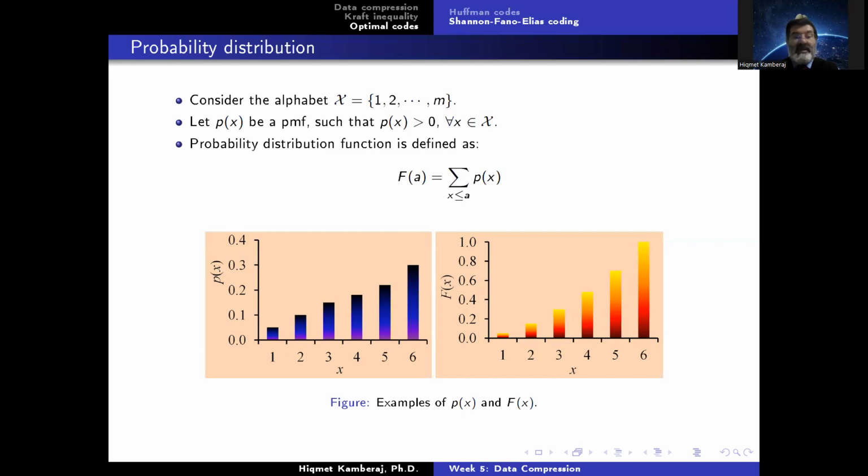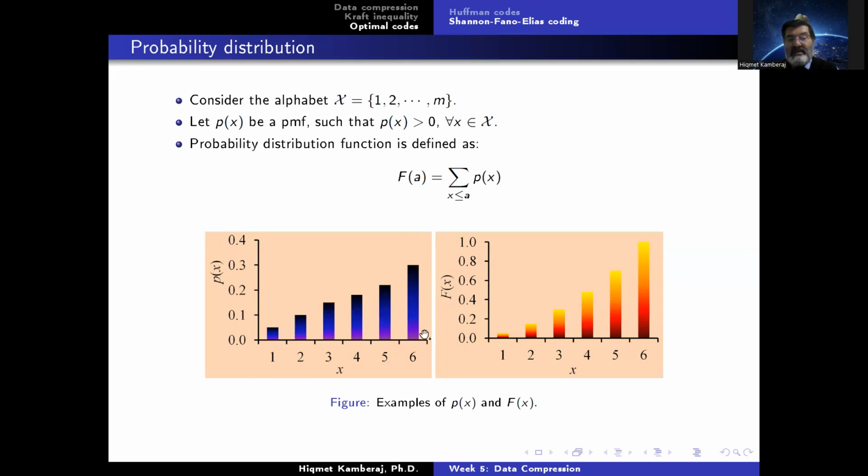Let P of x be a probability mass function such that P of x is greater than 0 for every x from chi. The probability distribution function is defined as the following: F of a is the sum of all x's less than or equal to a of P of x. If you want to plot this, P of x could be some probability like this. So you have P of 1, some value between 0 and 0.1 here, 2, 0.1, 3, in between 0.1, 0.2,